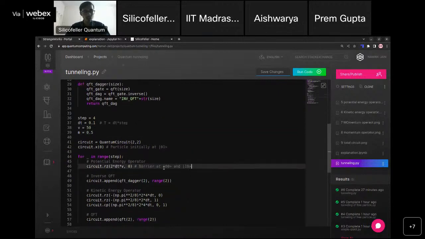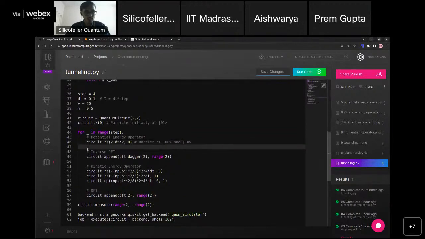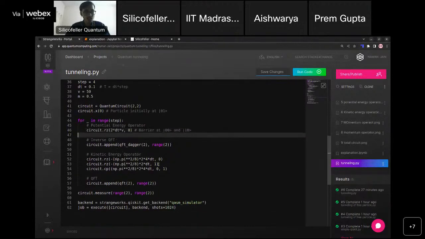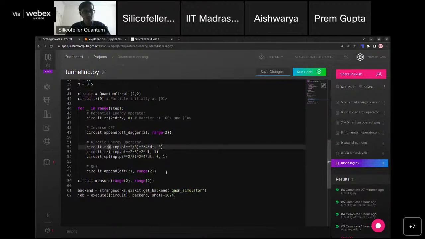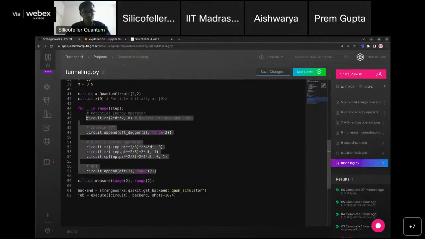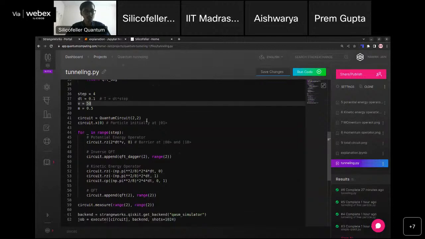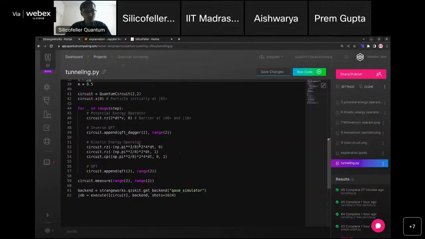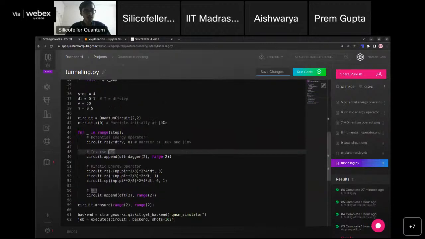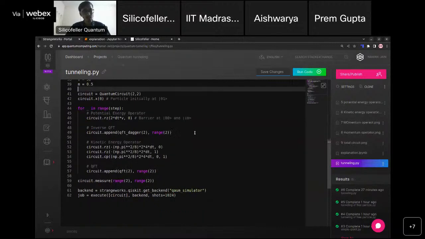And then we just do a bunch of operations using quantum Fourier transforms and inverses, and then apply this kinetic energy operator. And finally, what we do is perform measurement. This entire set of potential and kinetic energy operators is applied 4 times for each of, let's say, 0.1 time units. Now all these values that you see here, pi square by 8, pi square by 4 and all that, are results of us specifying a concrete problem instance and some basic calculations,